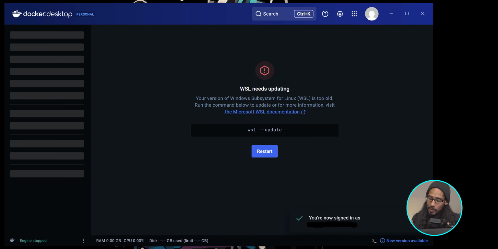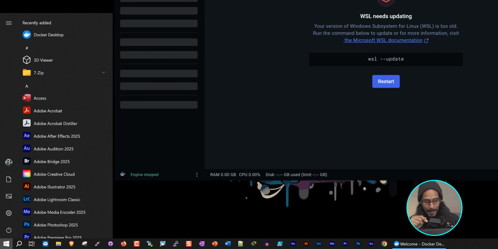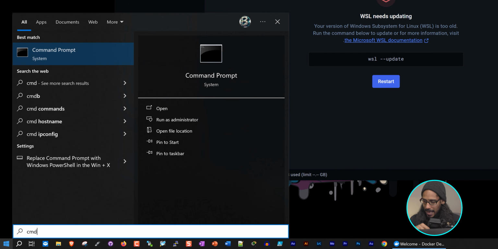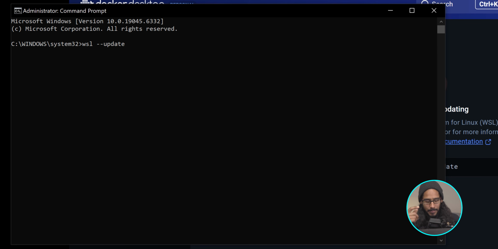Like I said earlier in the video, I have to use that command because I was using an old version. Select that, and it should give me an option to copy. So click on copy. Let's click on the start. We're going to type in CMD, and we're going to run as administrator. So click on that. You should get the User Account Control. So just click yes to continue, and then paste that command there. Hit enter. It's going to start installing, upgrading itself, and eventually you're going to get this.